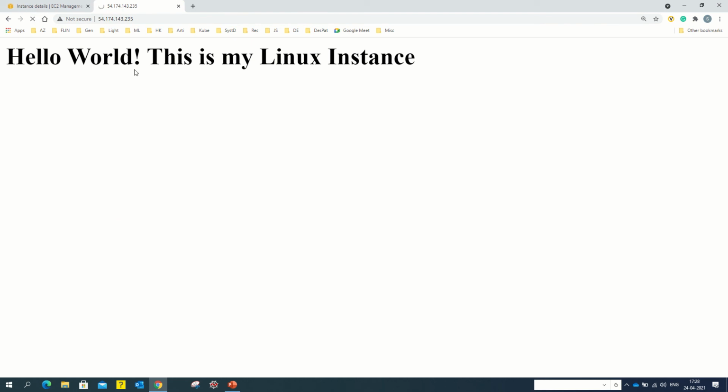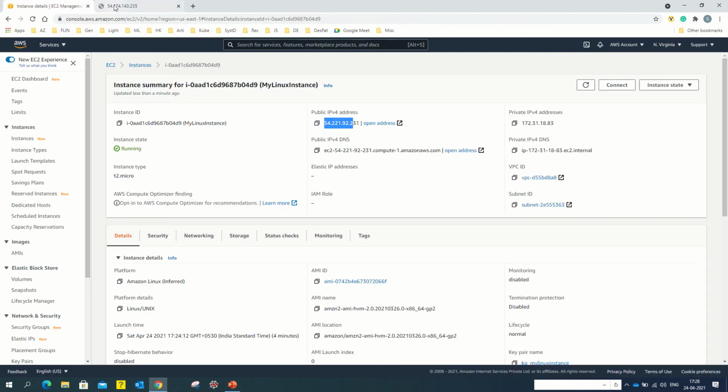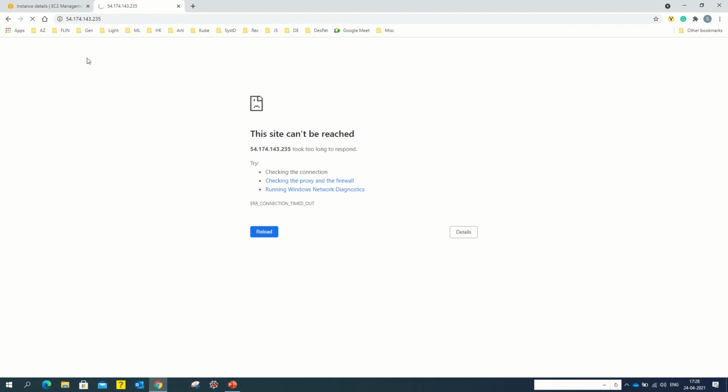So this is a typical problem when you deal with public IP addresses. The IP address gets changed if you stop and start your instance. So what is the alternative then? The alternative could be to give the new IP address to the end user so they can access it, but that's not advisable.